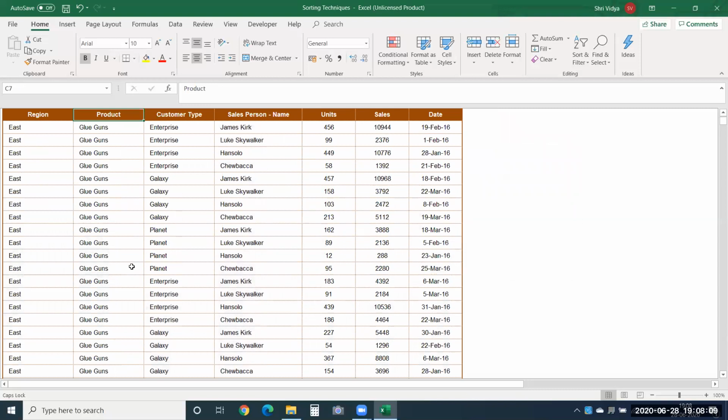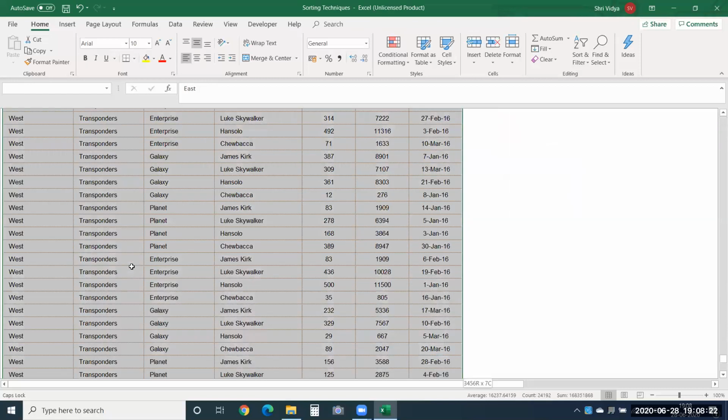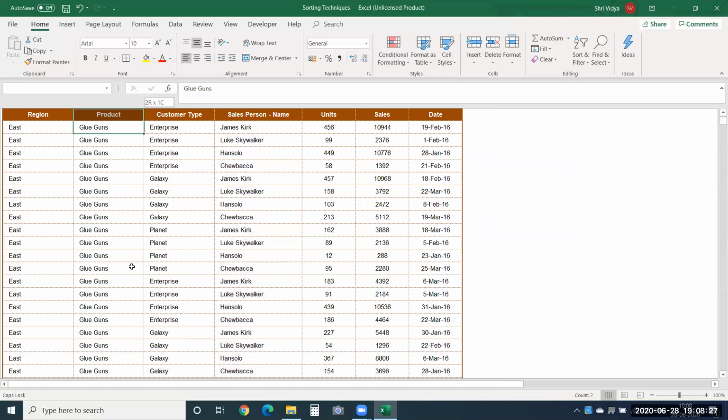Now, when I say sort data based on product column, it is not going to sort only the product column. It is going to sort all the rows over here. See, all the rows and all the columns based on the values present in product column. So it doesn't hold good, or your data is gone into a toss if it sorts only data present in this column, because this entire row is one record.